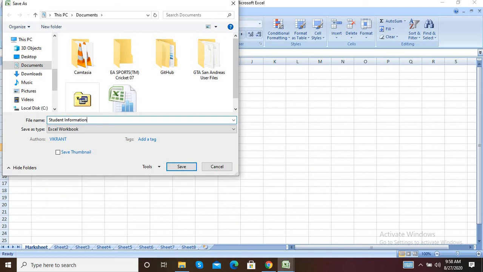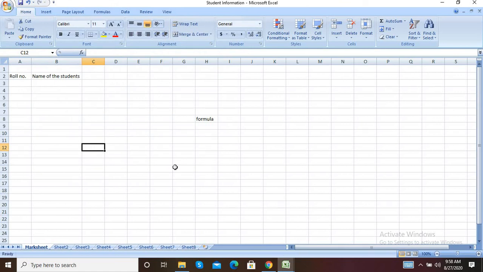I am giving this name and now click on the save button. This is the way to save your workbook. When you give a name, it will display as student information. By default its name is Book 1. Now it is changed to student information.